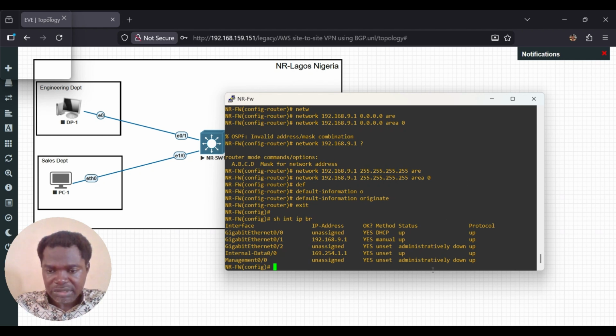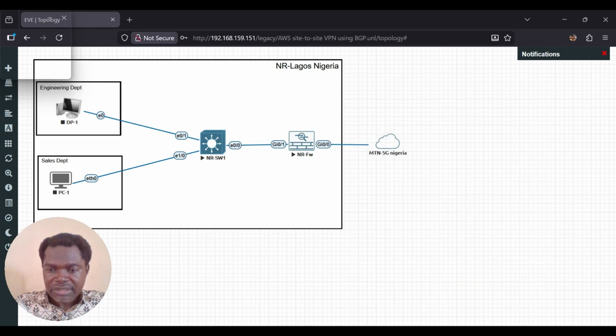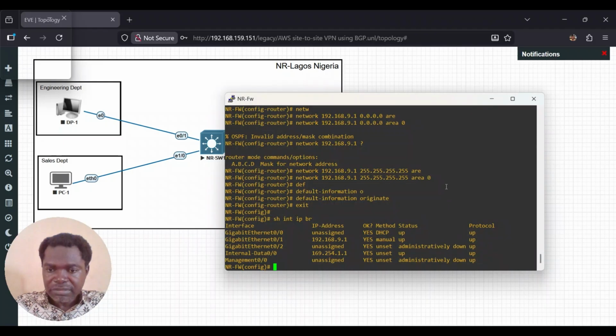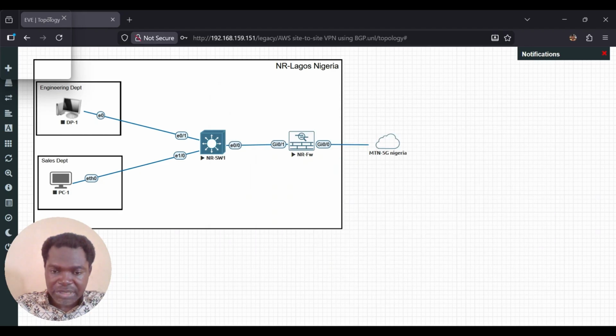Show interface ip brief. Okay, so for some reason, maybe because I didn't assign the right interface, it was not assigned an IP address by default, so I will have to assign it an IP address. So how do I know which IP address to assign?